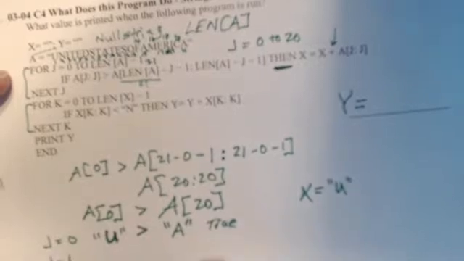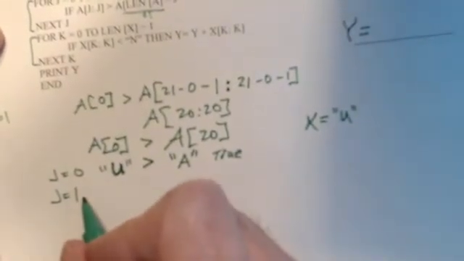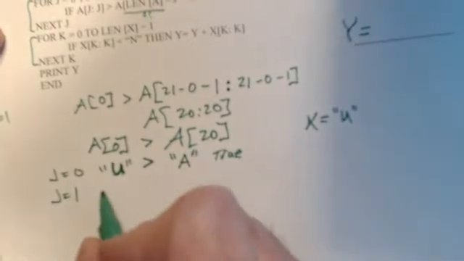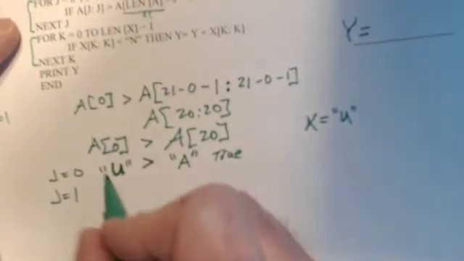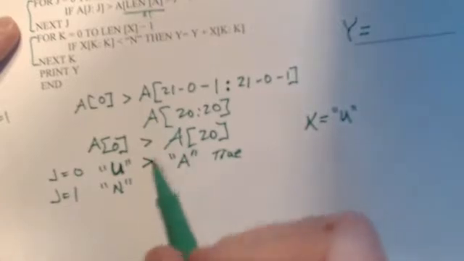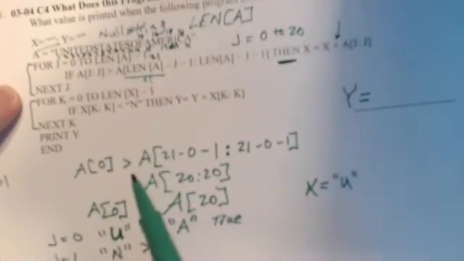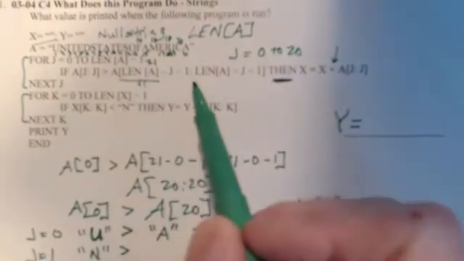For j equal 1, we are now comparing the n, which is the second character in the United States of America. Is that one bigger than, well, what are we looking at here? We are looking at the